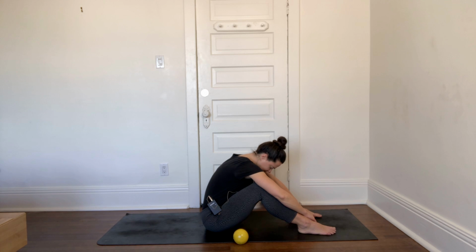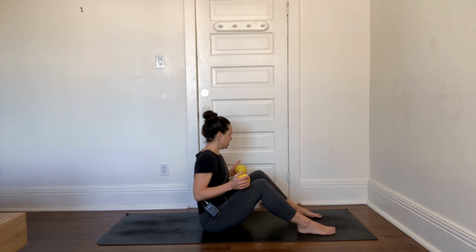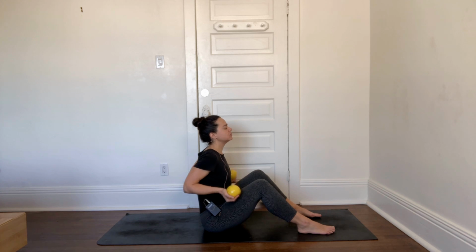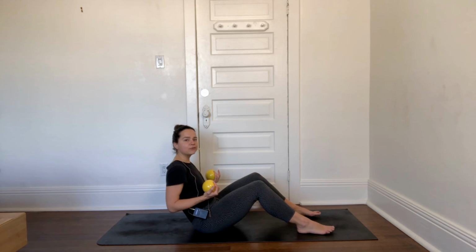Taking a couple more breaths here, really filling in the back of the rib cage. And then when you're ready, we're going to come back up to sit tall. One more option with weights or not, and then we're coming down onto our backs. So it's taking again a breath to get a little bit taller on your sit bones, and then as you exhale, finding that scooch of the tail, scooch of the sit bones forward, coming into a little half rolled back